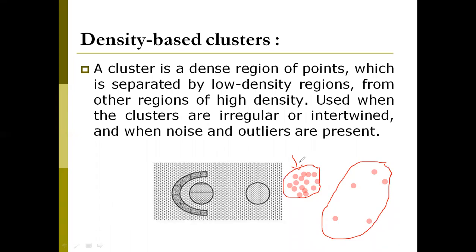More number of data points we have within this cluster. But if you observe this one, this cluster is very big, but we have only 5 data points within it. This kind of cluster is a low density cluster, and the other a high density cluster. If you make the clusters based on the density, then such kind of clusters are called density based clusters.